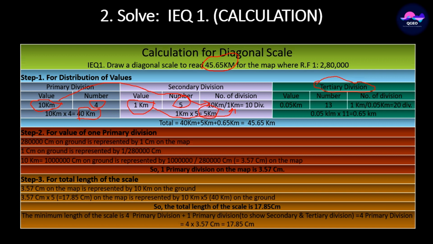And in the tertiary division, we will represent it in the vertical section of the scale. Here the value is 0.05 kilometer and the number will be 13, so that the total value will be 0.65 kilometer. Okay, and how many divisions are there in the tertiary part? Value of secondary division divided by value of